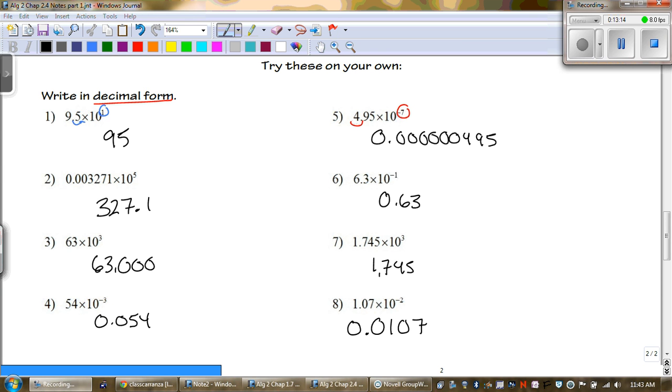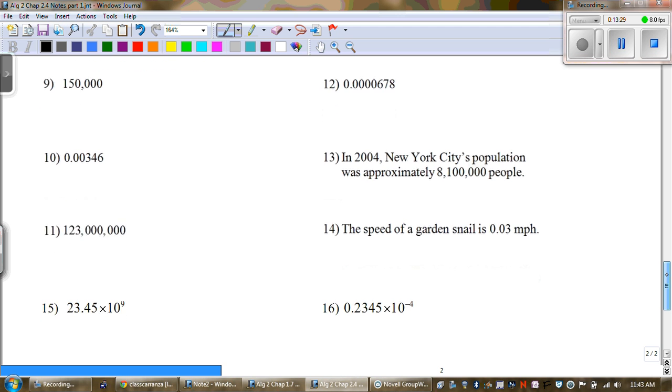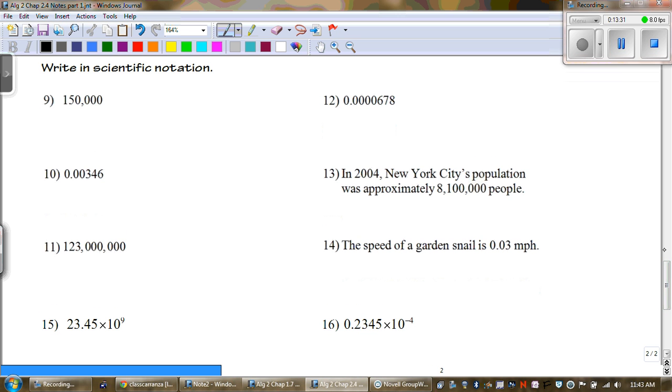Okay, there are the answers 1 through 8. Just remember, if it's negative, it's a smaller number. If it's positive, it's going to be a bigger number than what you started with. Okay? Now, these ones down here, you have to write it in scientific notation. Okay? So,